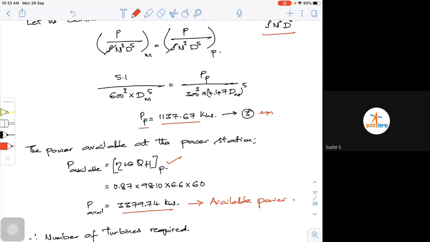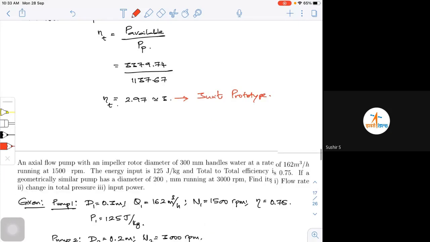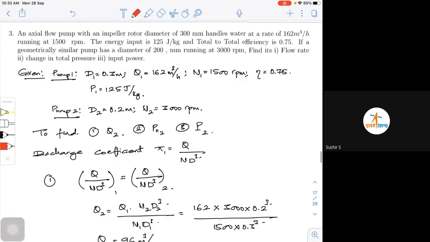Now let us look at one more problem, which is similar to this, but for a pump. The previous problem was for a turbine. Now this is for a pump. I have an axial flow, the same thing. Whether I have an axial flow or radial flow doesn't matter. But what you have to look at is whether it's a power absorbing machine or a power producing machine. So when I say it's a pump, it's a power absorbing machine.